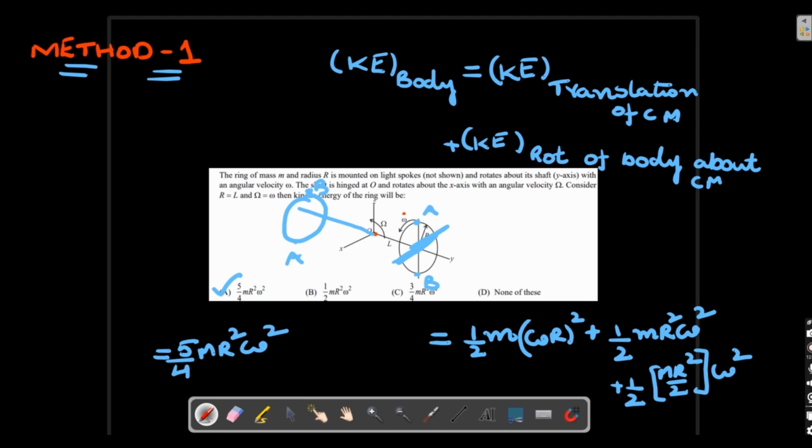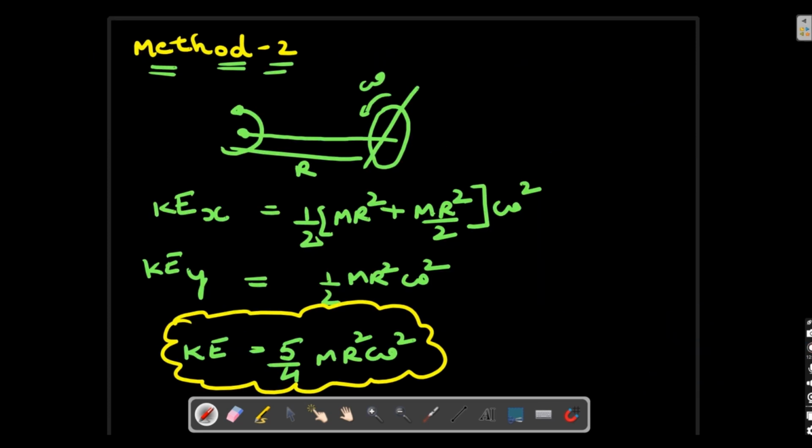And then due to rotation about the center of mass, you should consider two axes, right? When it goes 180 degrees exactly, B will come to A. So perpendicular to that particular direction, I should consider the moment of inertia, which becomes m r square by 2 in this case. At the same time, along with its own axis, it is rotating with another system. So here, 2 rotations plus 1 kinetic energy.